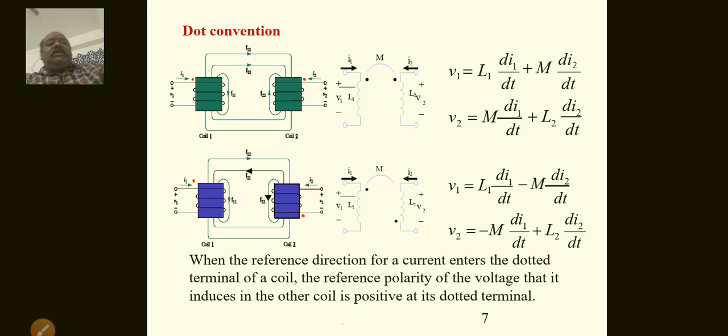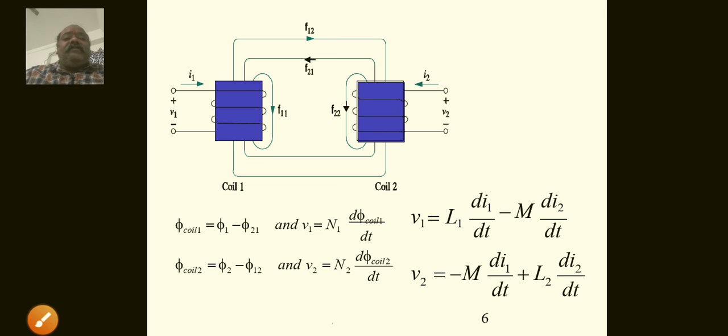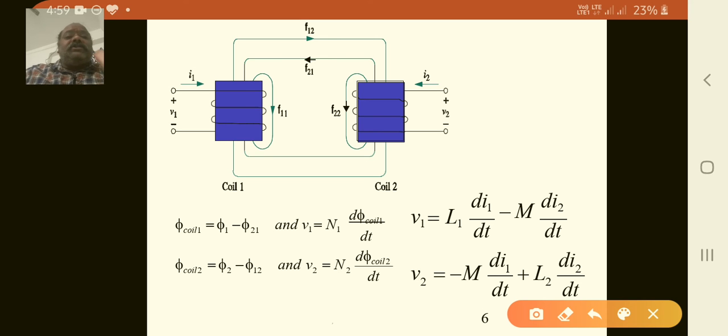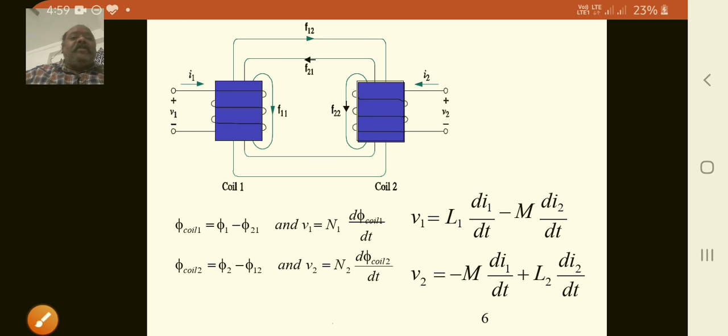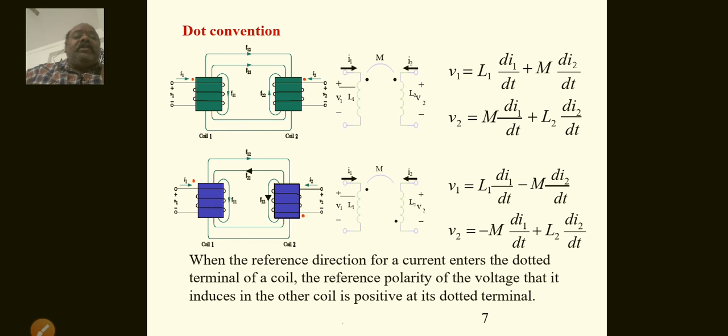So this is the aiding direction. We will take the equivalent circuit, which is indicated here. Just observe that both are in opposite directions, so here these are the inside directions like this. This is coil 1 and coil 2, and we already discussed this one. Now we'll go to the next slide, which is dot convention.